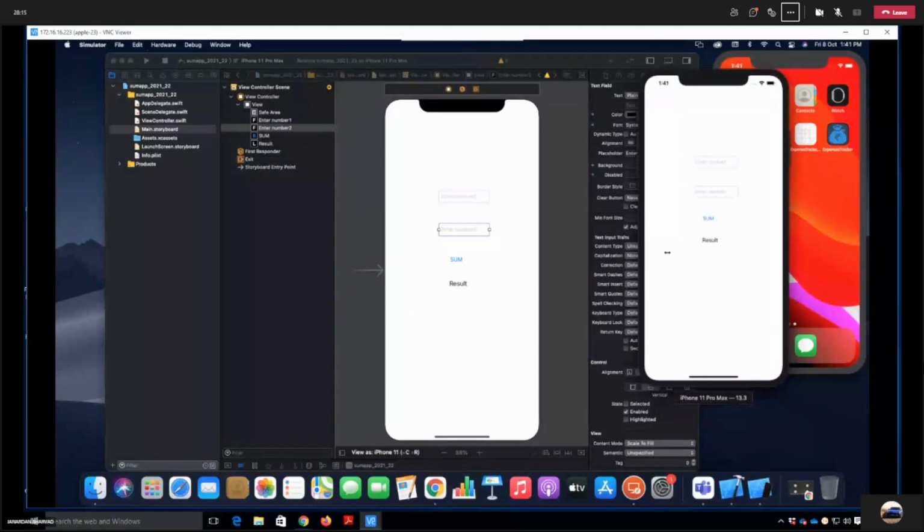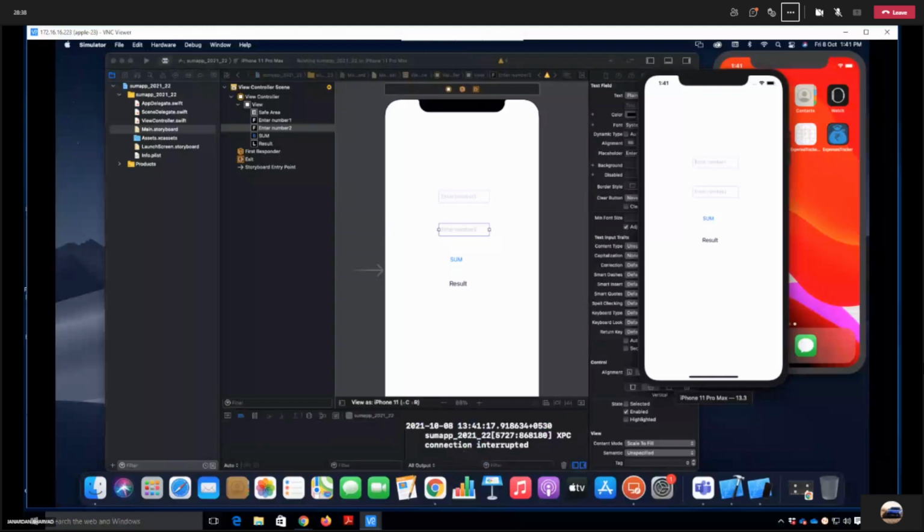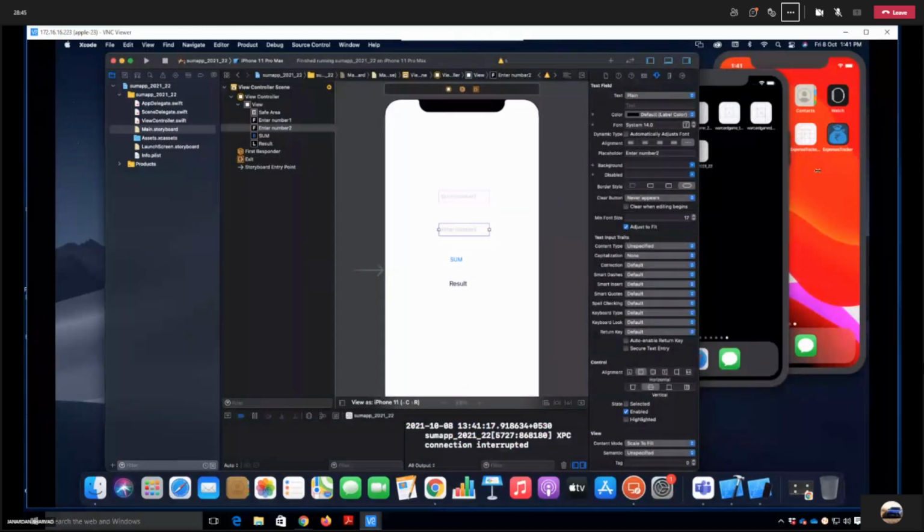Okay, so as you can see here, the design is fine. Let's enter some number here. For now, I know we have not done anything to check, just only what we can write. Okay, so it's fine, we can enter the data. Okay, so let's stop now. Now the designing is fine, we need to do the coding.